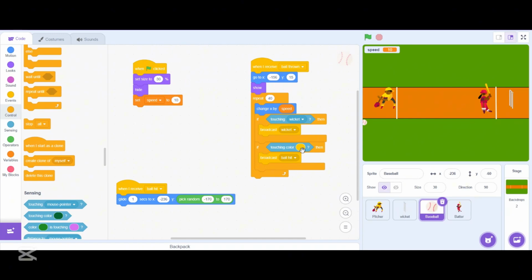Yeah, so if it is touching the color of the bat, then it is broadcasting the ball hit message, and here it is broadcasting a lot of messages. That's what the mistake is, I think. So let's make it broadcast just one ball hit message, then stop the whole script. For that, let's go to control